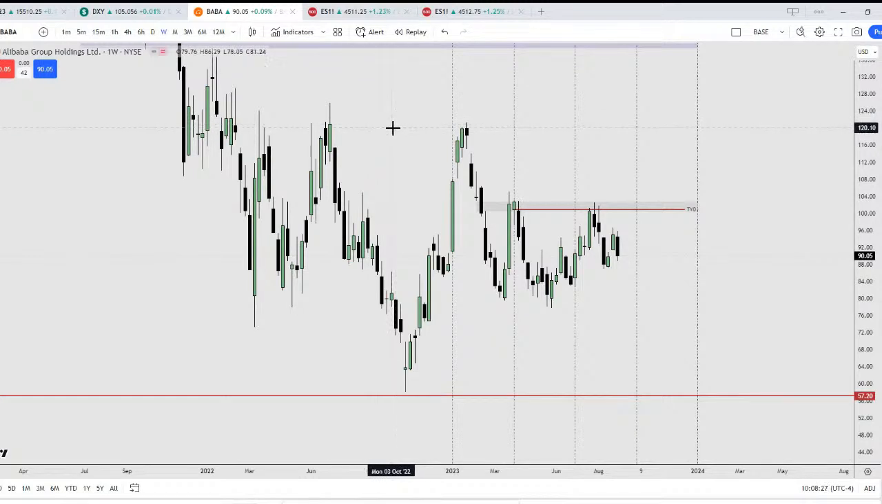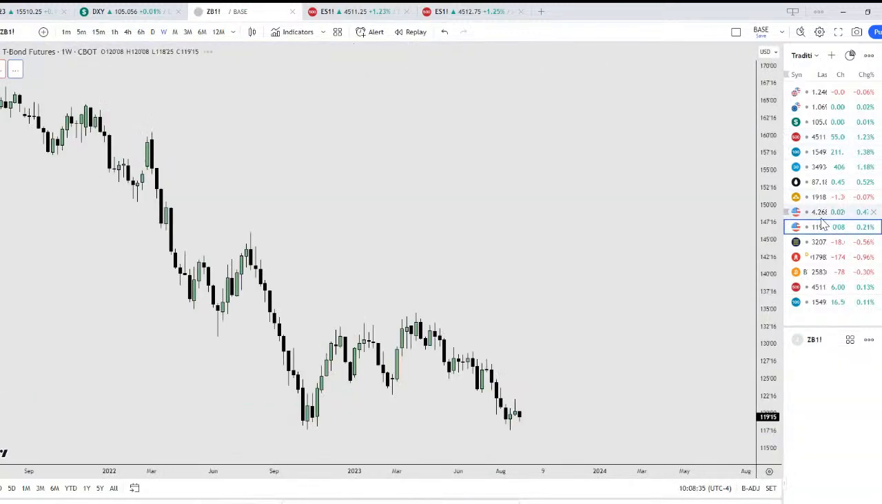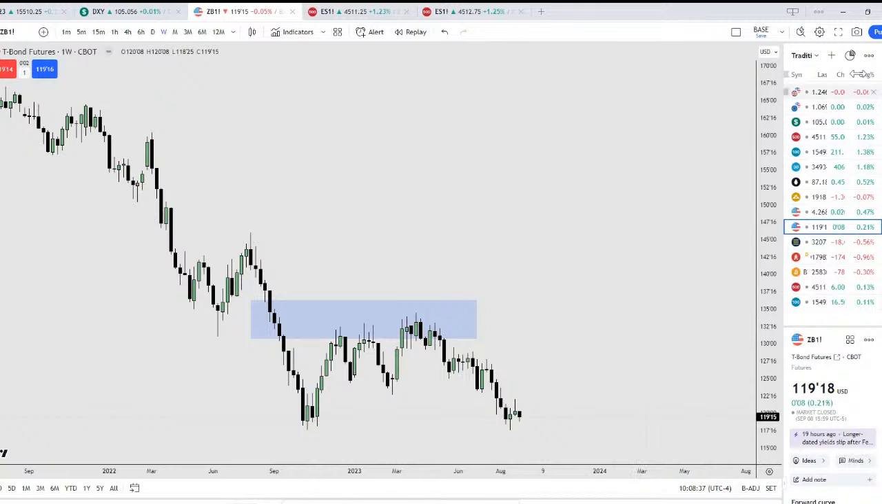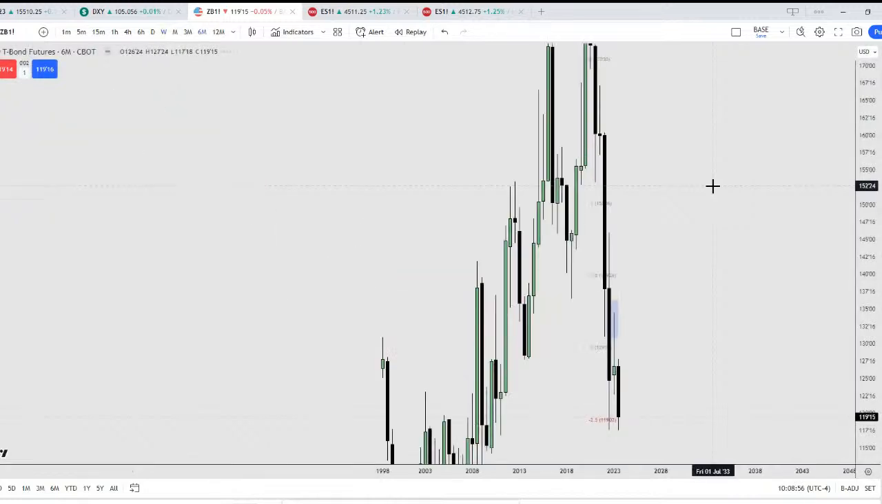Other than that, I'm moving on to treasury bonds. So usually, if you want a long-term horizon of the markets or the economic environment, you would look at the interest rates and the bond futures. So credits today, right? He highlighted this